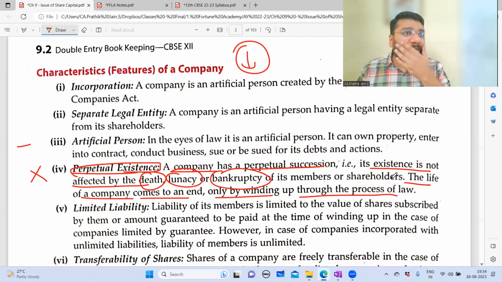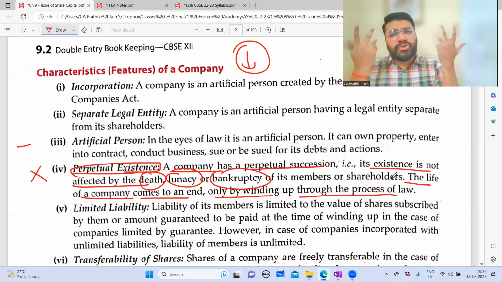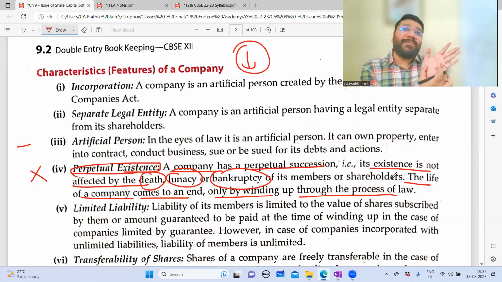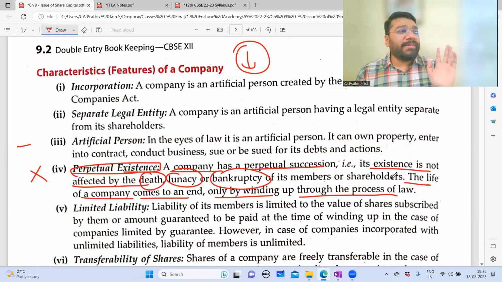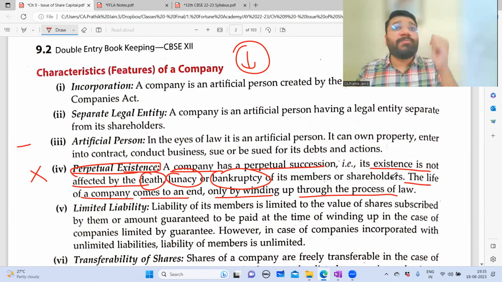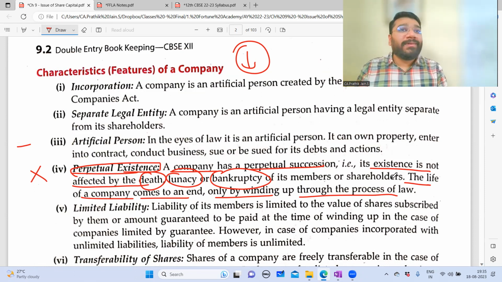When I was doing CA practice in 2017 to 2019, there were so many people who started companies with full josh. I want to become a director of the company. Oh, investing, I'm the managing director, MD. They started the company and ran the business for 1.5 years. After that, the business went into loss. Now, to close the company, you have to pay the requisite fees, because the closing process is not that easy. You need a company secretary or a CA to close it. So a fee has to be paid. So who will pay the fees for closing a business? So what did they do? They left the company and everything as it is, and went.